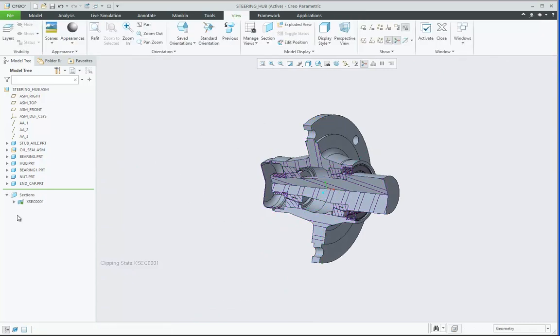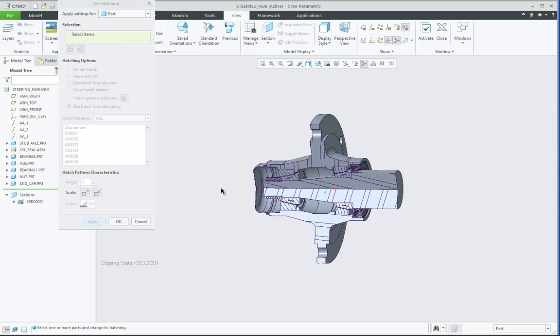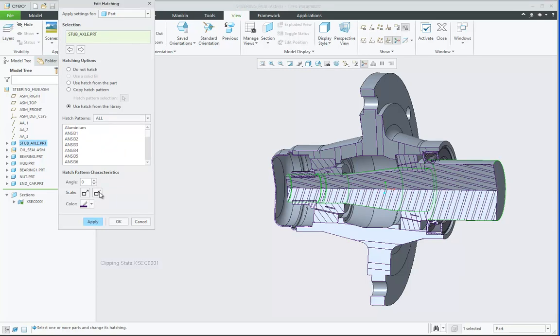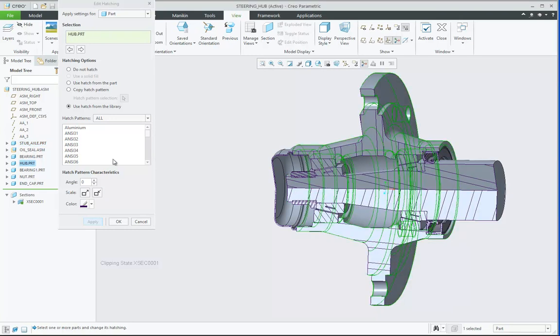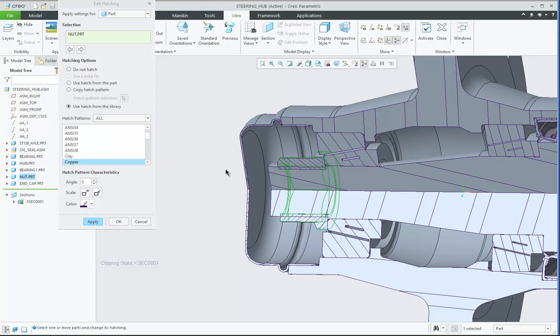Okay, done. Now what I need to do is edit the hatch patterns. Based on each part I will give it a different hatching pattern. First say this stub axle, for this the pattern is different, then for this part a different pattern, for this part again a different pattern.